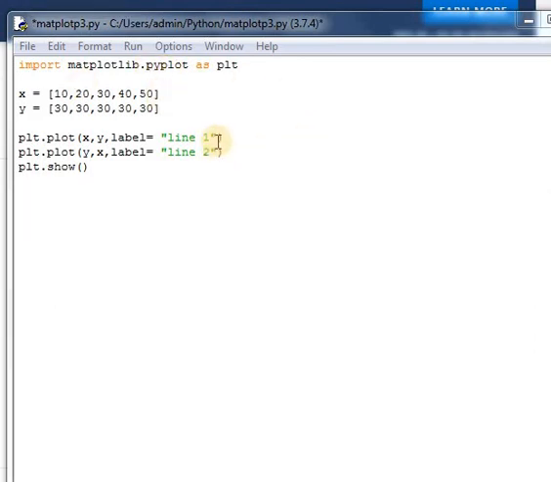Now let us go with other arguments. Whenever the line is represented in the line plot, the line is coming as a straight line. If we want to change the line style, how can we do it? Here I am giving the argument linestyle. So linestyle equal to, in double quotes, whatever pattern we want.